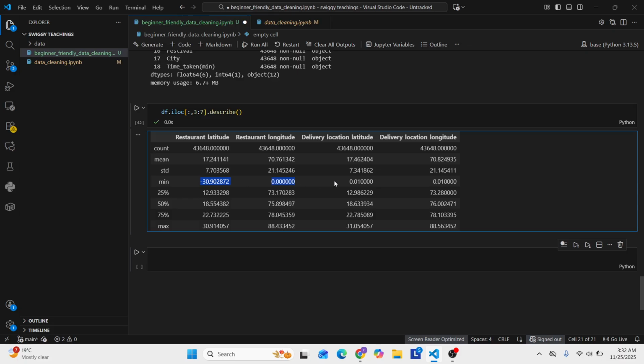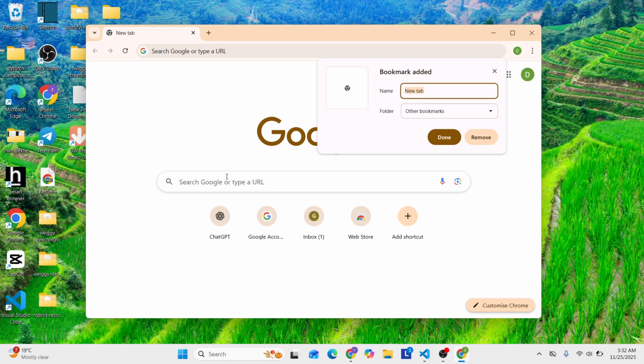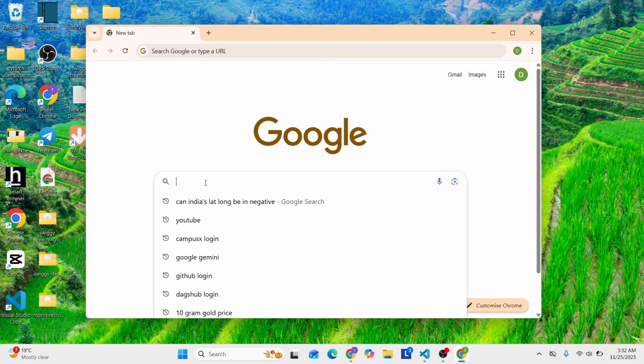Here you can see that the values can't be 0 as well. But right now I am going to fix only the negative values. If I Google it, you can also find out. Okay, so I'm going to show you inside Google. So look guys, here I'm going to search: